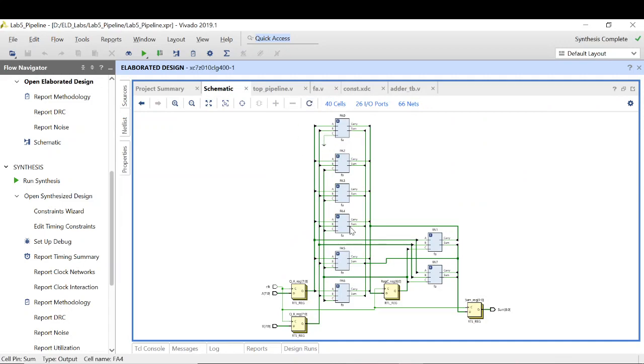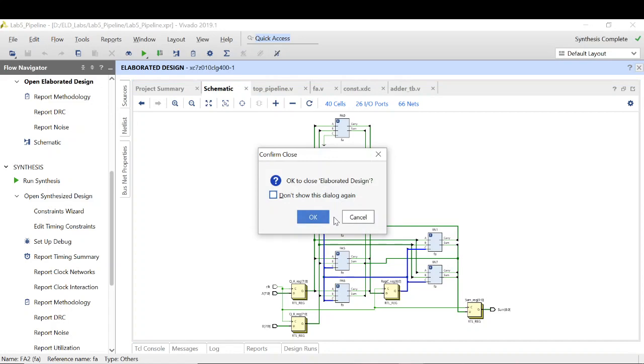Okay, so you can see the carry is passed through the registers, and once the carry is passed to this register, the register output will be passed to the next carry. So that's what we wanted, to insert the register or the flip-flop at each carry input of the full adder, right? So that was about the timing.